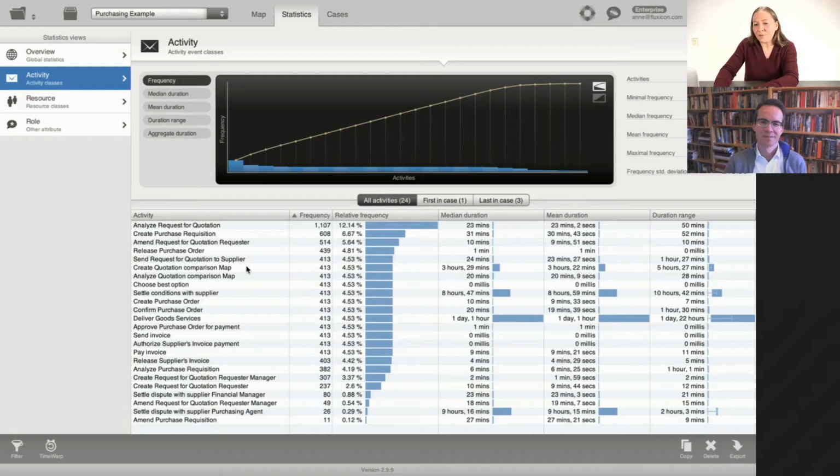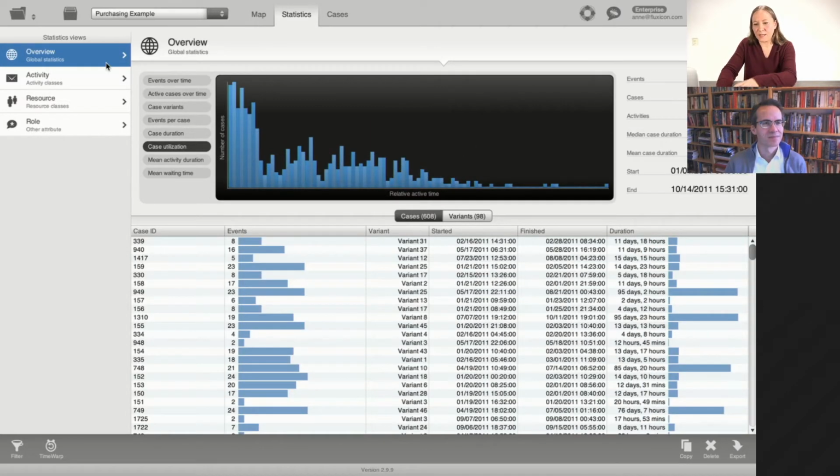I just briefly wanted to show you where you can look at the utilization in Disco. In the overview statistics, if your data set has start and complete timestamps, which, like we discussed, is needed to separate the active and the waiting time, you can see the utilization statistics over here. For this data set, you can see that there's one case at least with up to 40% utilization, and this is the ratio of active time compared to the whole time of the full case.